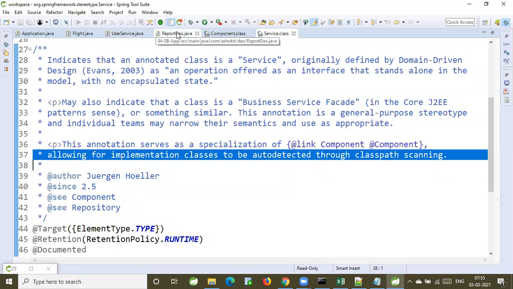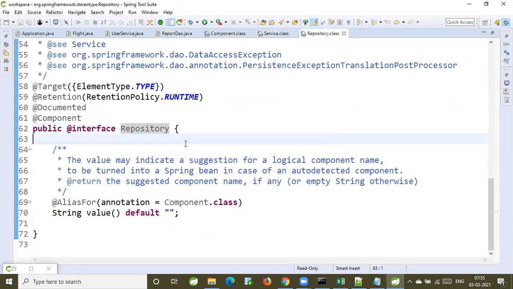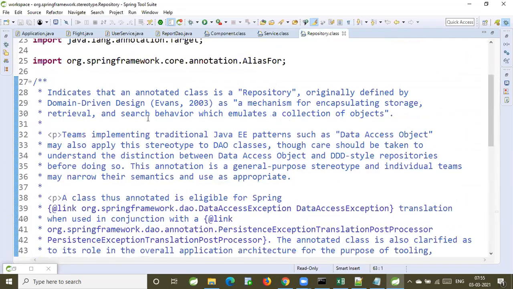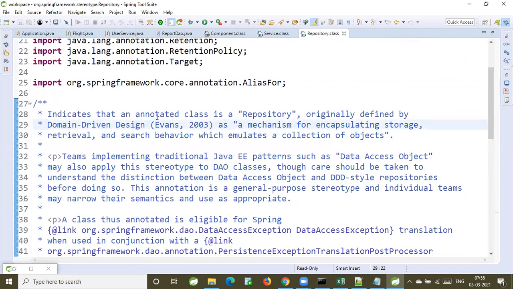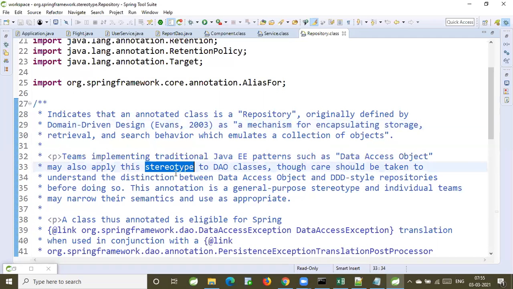Okay. Now, coming to DAO, @Repository. See here, it indicates the annotated class is a repository, driven by the domain-driven design pattern. Data access object, stereotype for DAO classes. Understand the distinction between data access object and repository.